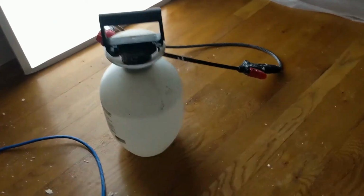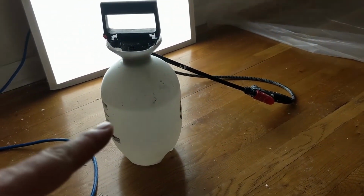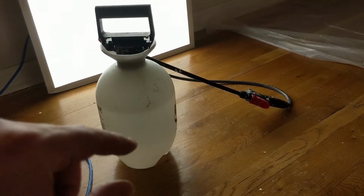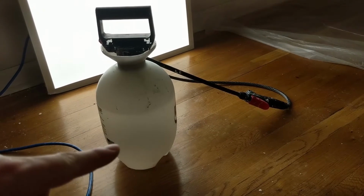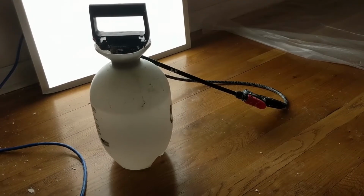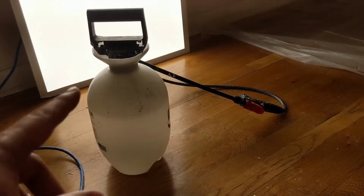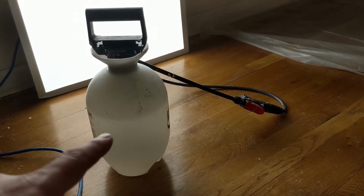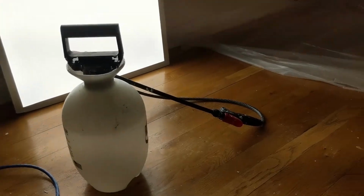So, very first thing I do is I mix up a thing of hot water, as hot as your tap will go. But first I put in probably about that much, about 15% white distilled vinegar, and then I fill it up the rest of the way with hot water. Once again, as hot as your tap will go. Shake it up, pump it up, and then I do a light spray on the ceiling. As you can see, that dark spot. I do one quick pass